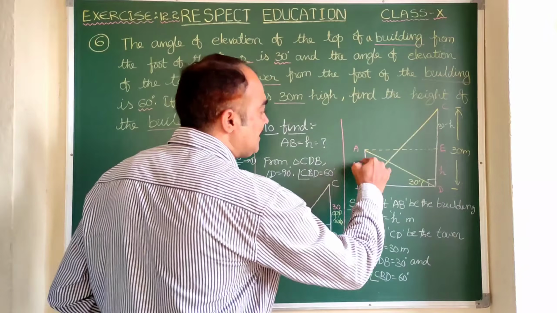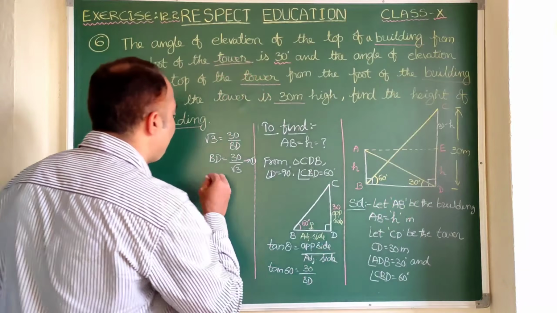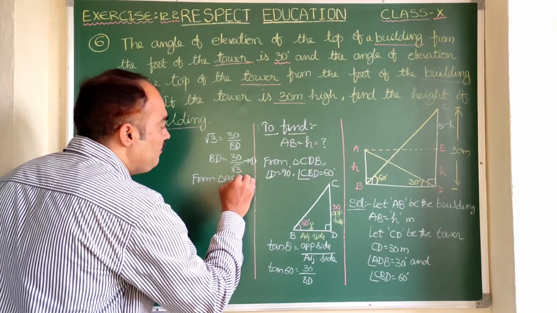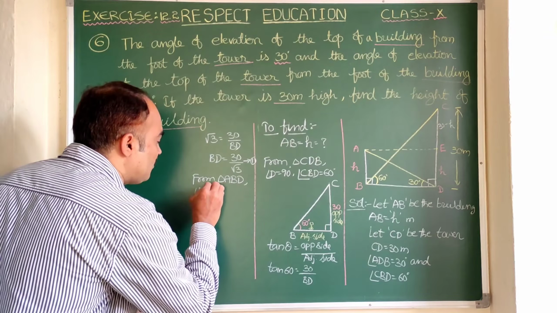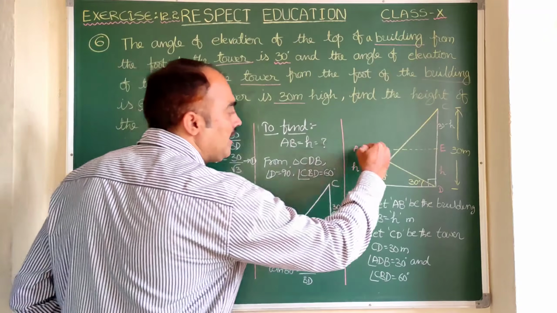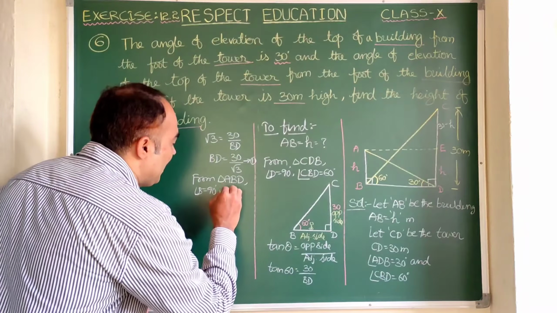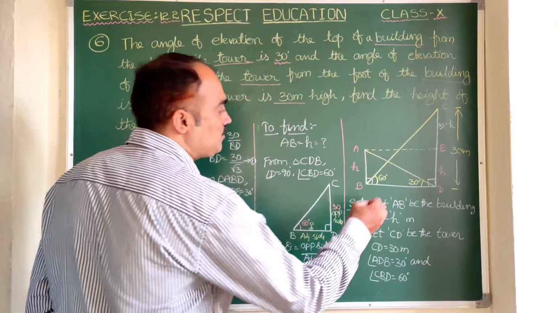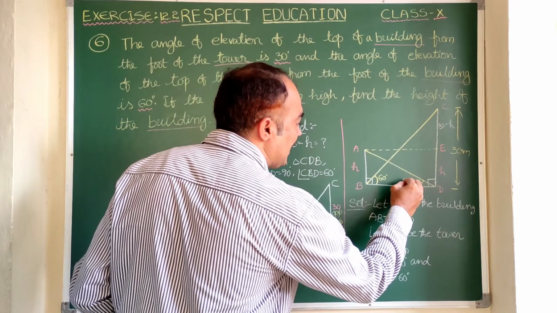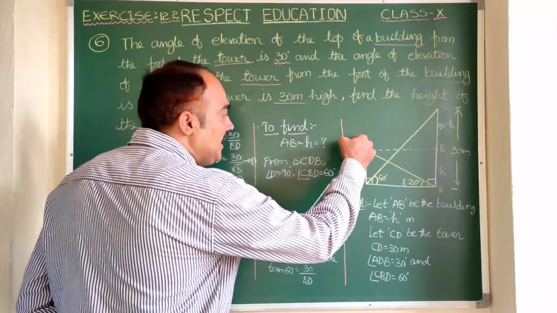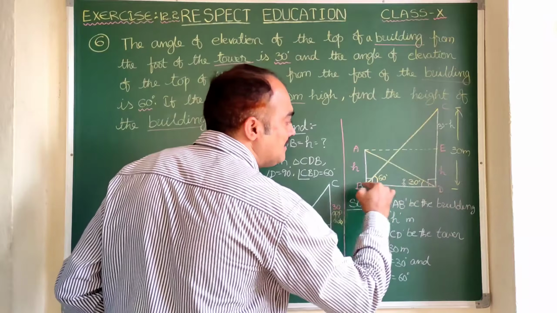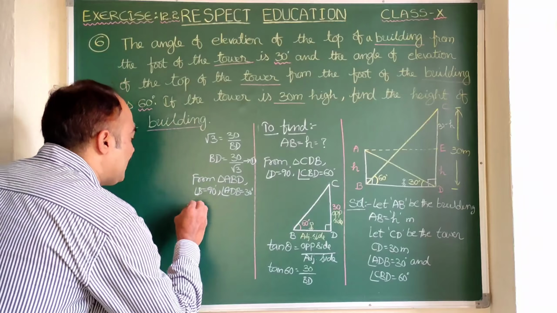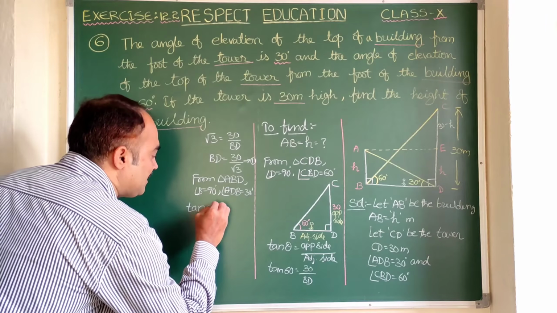Now let us consider the other right angle triangle, that is ABD. From triangle ABD, in which angle B is equal to 90 degrees and also angle ADB is equal to 30 degrees. Here if you observe carefully, imagine that you are standing at 30 degrees, AB is the opposite side whereas BD is the adjacent side. So here tan theta can be applicable. So let us apply tan theta there, where theta means 30 degrees.